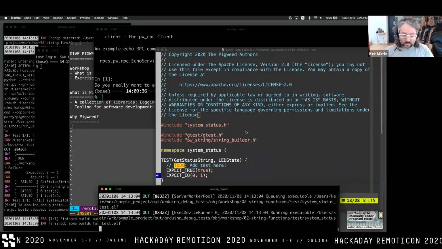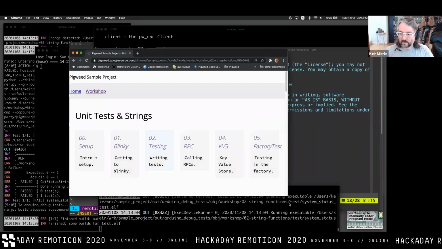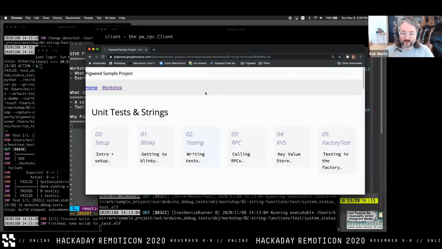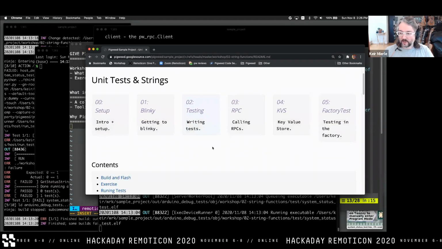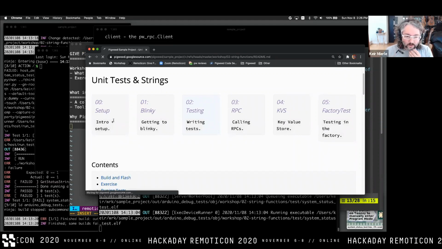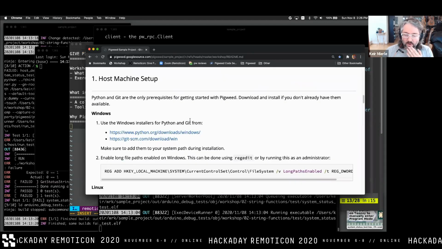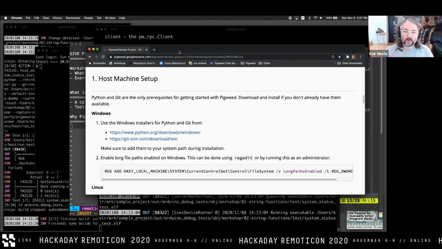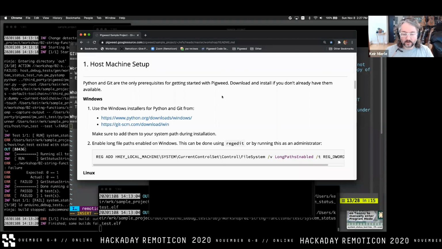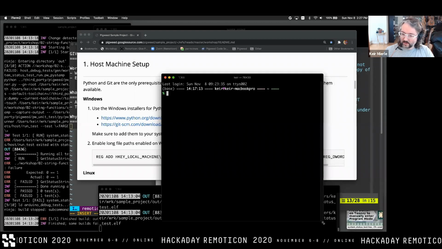So what we've prepared today is a series of workshop steps. And the idea is that if we have time, we'll go through each of these and make some changes to each of them to implement some piece of functionality. So the first part is setup. I already have everything set up, but I will create a new repo here just to demonstrate it. I'm afraid that it might overwhelm my bandwidth. It does have to download some things,